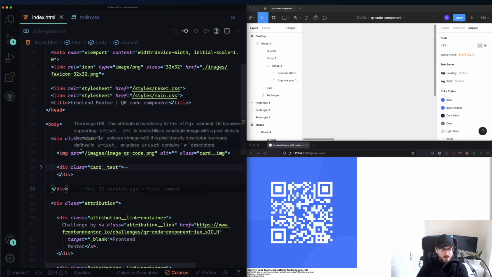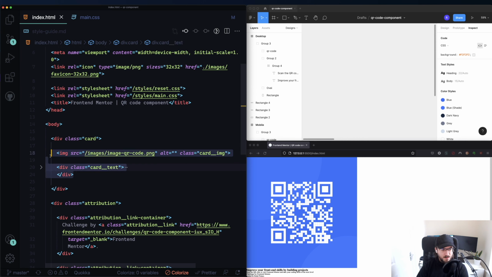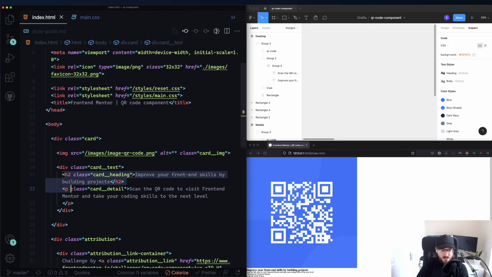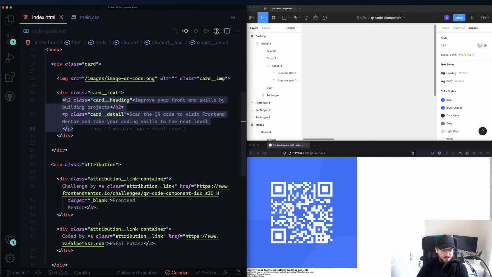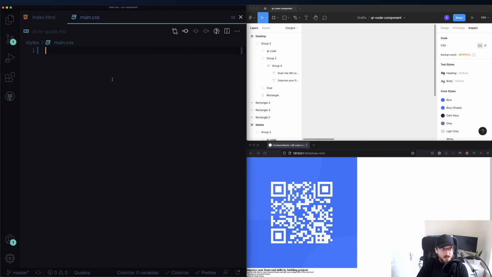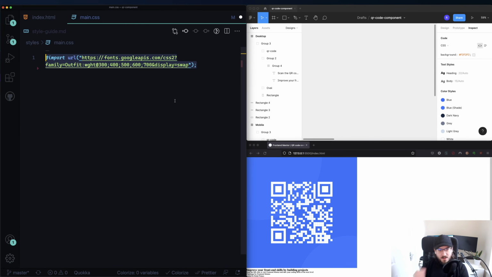Okay, let's see what we're doing now. So the first thing we're gonna do is grab our font, then we're gonna style our body, then our card, image, card text. Then we're gonna style our actual text. Then we'll just do the attribution. Yeah. Let's get started. So we grab our font, and with all the weights that we wanted,